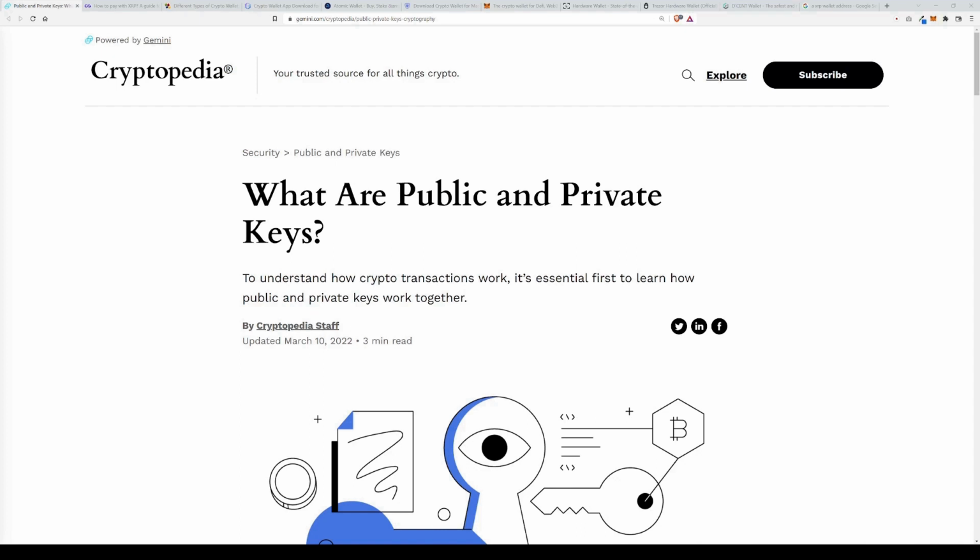Now, when I say they're stored on the blockchain, I need to be a little bit more specific about that. There are different blockchains. The technology is similar, but they are all different platforms. Let me give you an example. Cardano, for instance, has a native token, ADA. ADA is sent and received on the Cardano blockchain. There's another blockchain utilized by VeChain, and VeChain's native token is VET, V-E-T. And VET transacts on the VeChain blockchain.